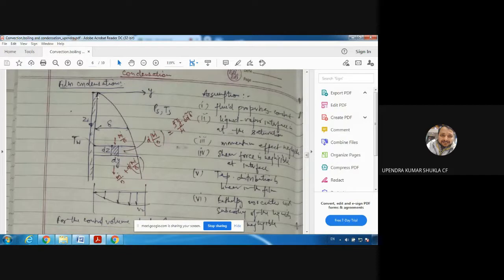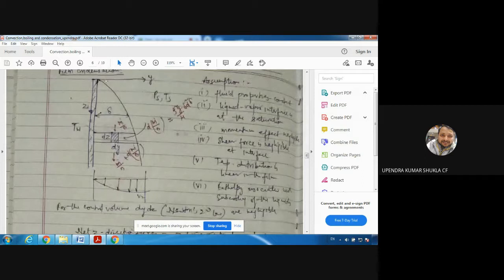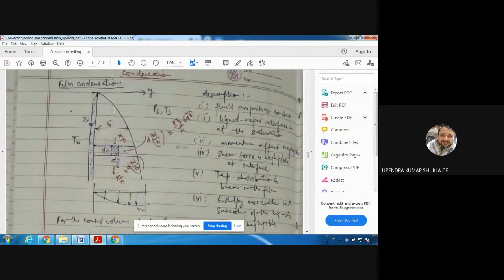Now what will happen is that a boundary layer will develop around this vertical plate, and let's say its thickness is delta. Now, whatever the assumptions, there are two types of condensation, film wise and drop wise. Once vapor condenses over a surface, the vapor is converted into liquid droplets. Once it is converted into a liquid droplet, it may happen that the liquid droplet will individually